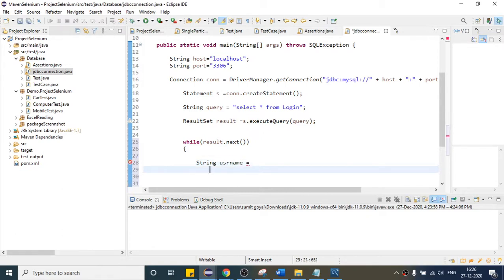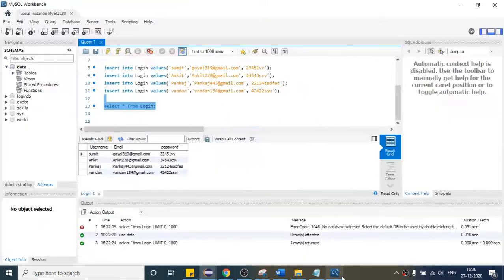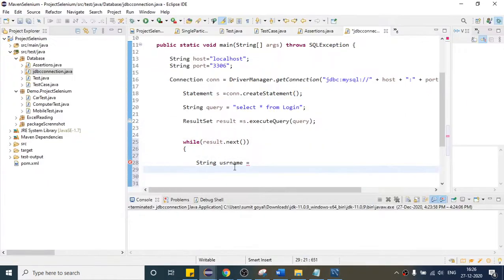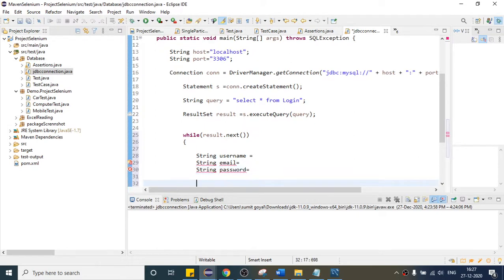String username, and I think the second one is email and the third one is password. So three variables I have created, and after that I will print all of them.